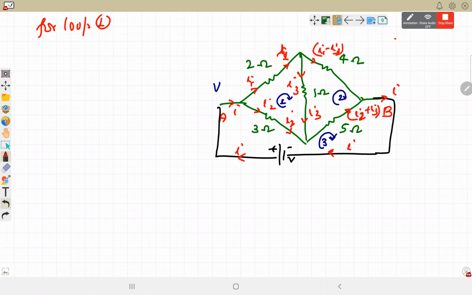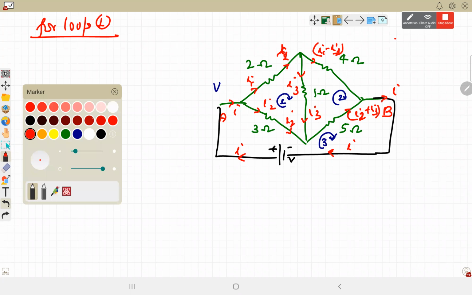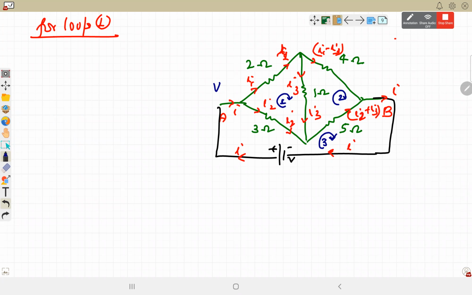ये हम equivalent circuit वाले cases में कर रहे हैं. This is finding the equivalent resistance. Resistance find out करने के लिए अगर वो series, parallel, symmetry हो, then we have some specific method. If there is no series, symmetry or parallel or anything that works, then we always have to use the Kirchhoff law to find the current given by the battery, and then V by I ratio will be the equivalent resistance.